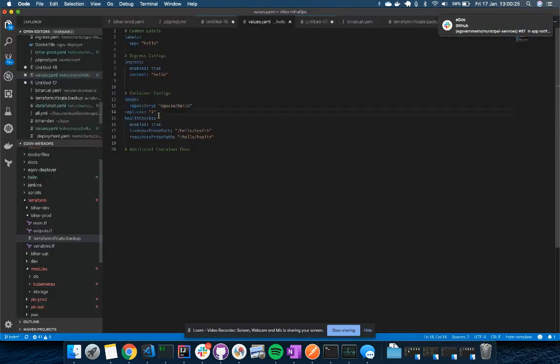And then the replicas is one, because how many pods of this, or how many instances of this app, do you want running? Do you want 2, 3, 4, 10, whatever it is, right? That you would specify here. And this is the health endpoint itself. By default, the port is going to be 8080. You set that port to 8080, then your health checks are enabled, and liveness probes and all of them will just follow.